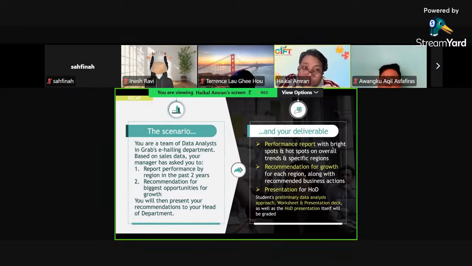All right, this is where you still refer back to the data. This is still a data analysis exercise, but at the same time, because it asks you to also recommend business actions, this is where you also get creative based on the data that you have and suggest the next way forward, basically.